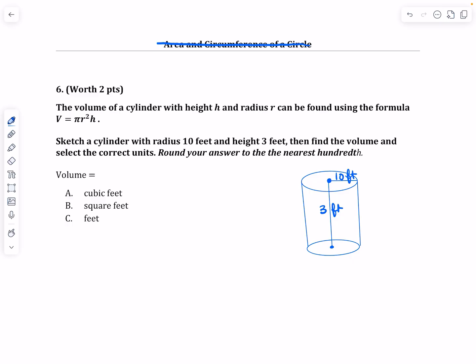Alright, so volume. Volume can be found by taking pi r squared h. Now this time around it did not say to use 3.14 for pi, so I'm just going to use the pi button on the calculator. My radius is 10. I'm going to square that, and multiply that by 3. So pi times 10 squared is 100, and then times 3. So I get 300 times pi, and that's what I'm going to put into my calculator. So 300, and then I'm using the actual pi key. And when I do that, I get